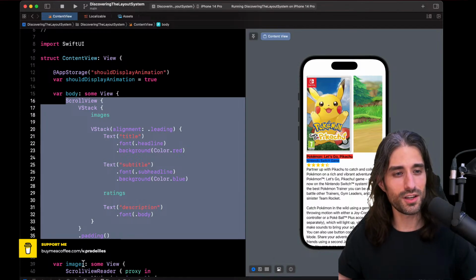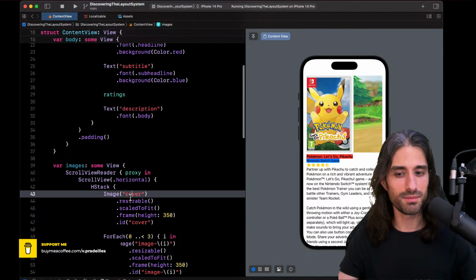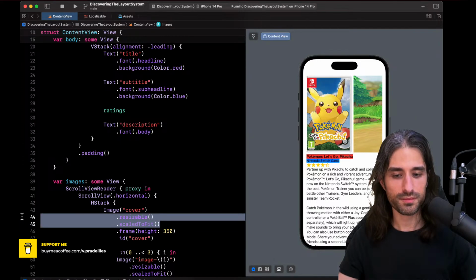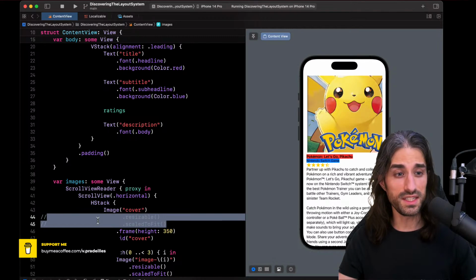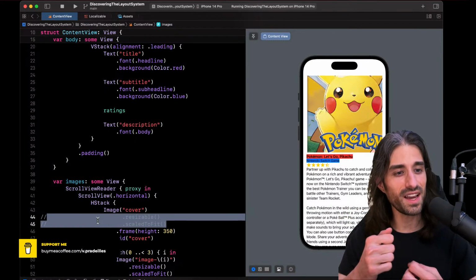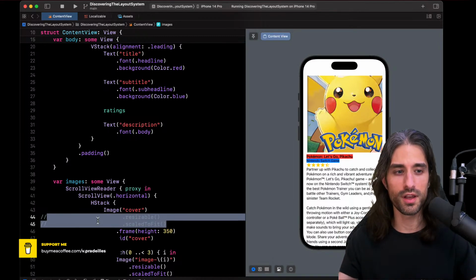And so the answer, this view that can be both fitting and filling, is image, because we saw that when you call just an image, it is fitting. It still tries to draw at 100%, but at least it has an intrinsic size, and that intrinsic size is the size of its content drawn at a 100% zoom level.